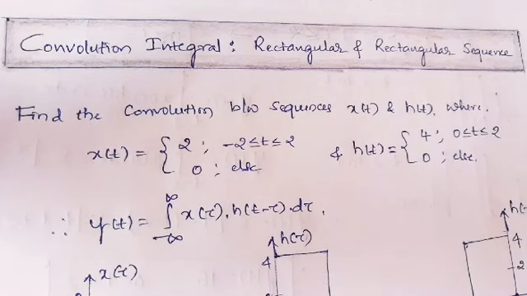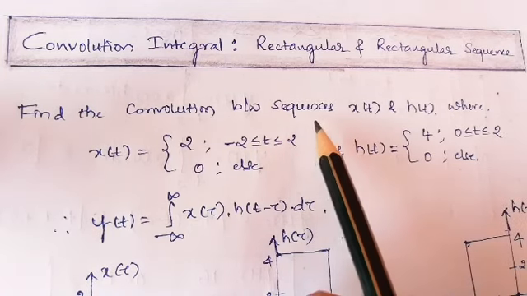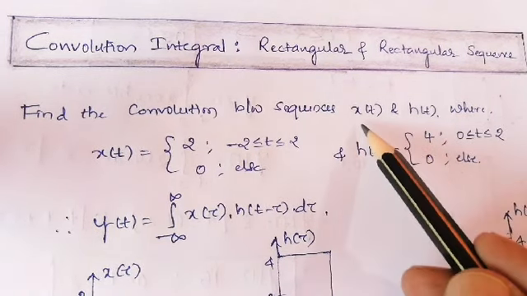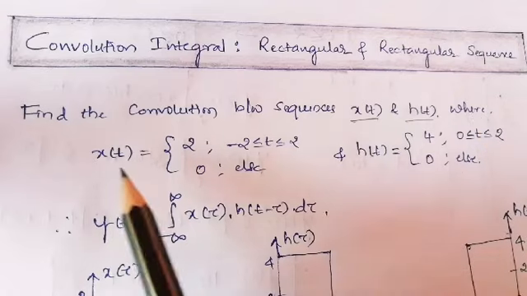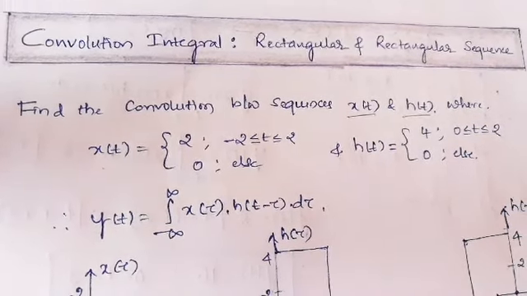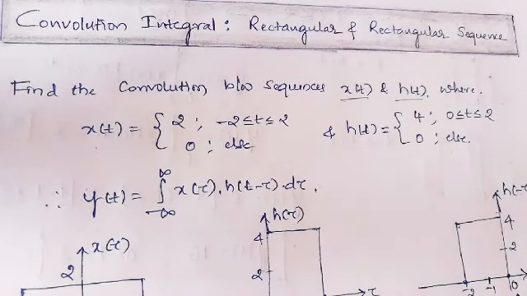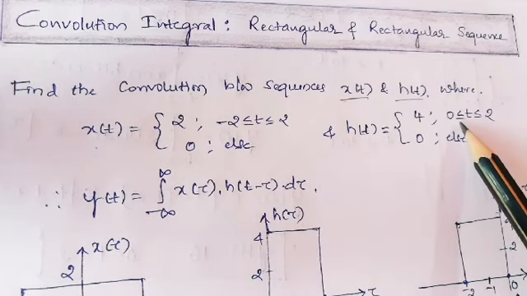Hi friends, in this video we will discuss the convolution integral between a rectangular sequence and another rectangular sequence. Find the convolution between two sequences x of t and h of t, where x of t has amplitude 2 for the duration minus 2 to plus 2, else it is 0, and h of t equals 4 for the time duration 0 to 2,